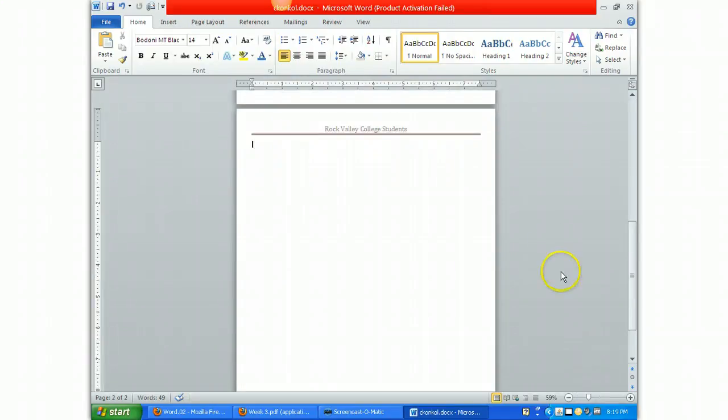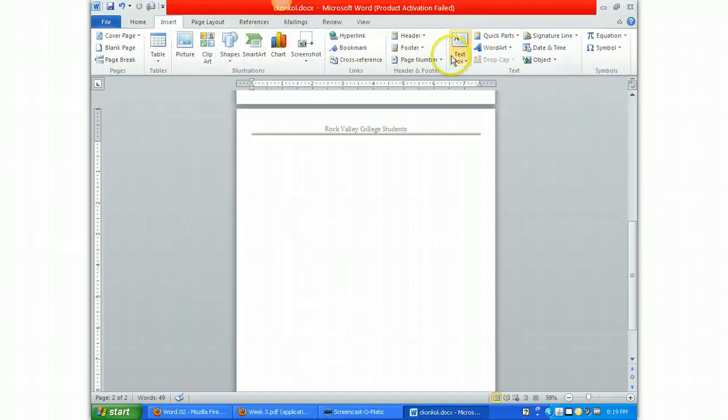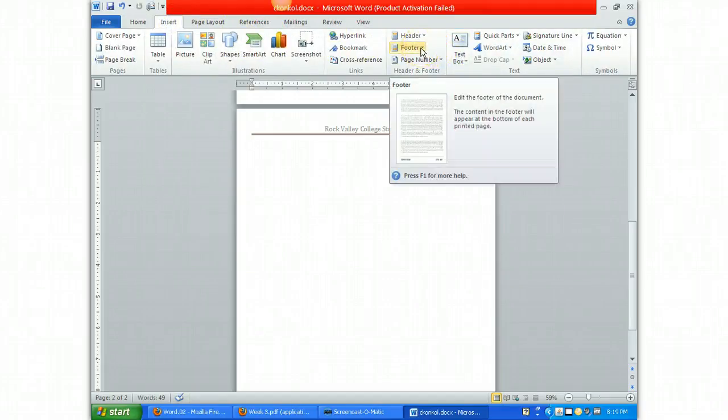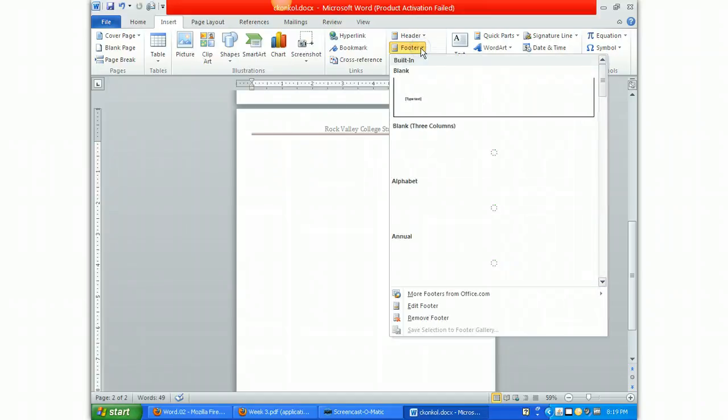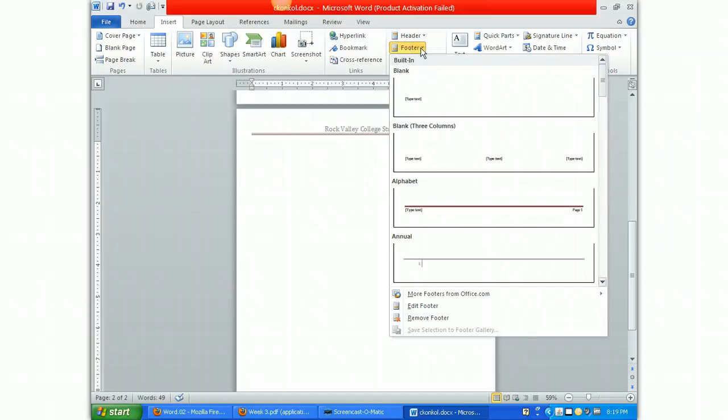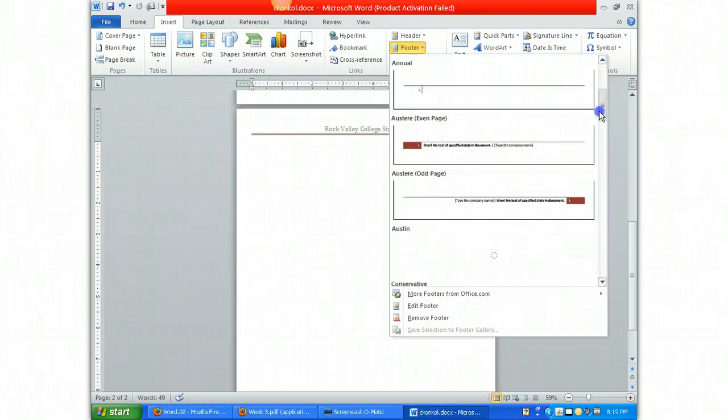Okay? Now let's do this. Go back to the Insert tab, and we'll end with footers here. Again, right click or left click on the drop down. We're going to put in a popular footer. Let's scroll down a little bit on